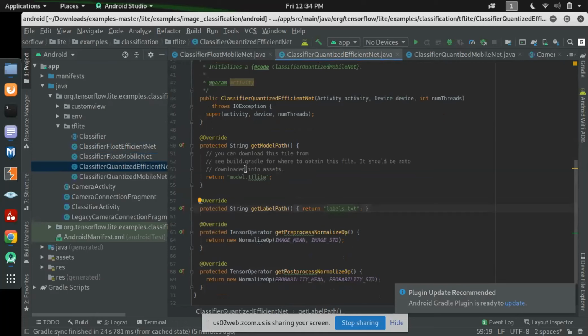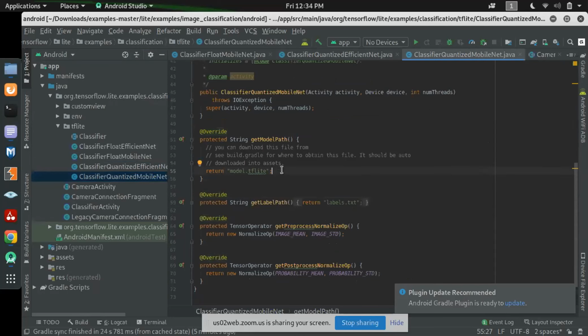This is different from model_quant.tflite. Please remember, in the second and third of these classifiers, we have to replace with model_quant.tflite. But in the third and the fourth one also, we have to replace it with the model.tflite file. This is the second change.